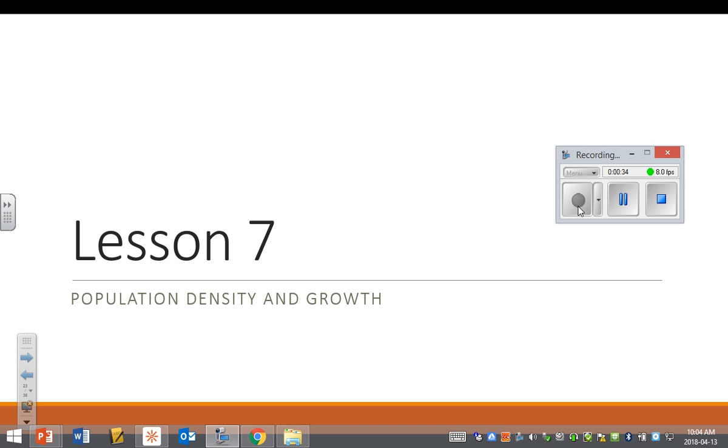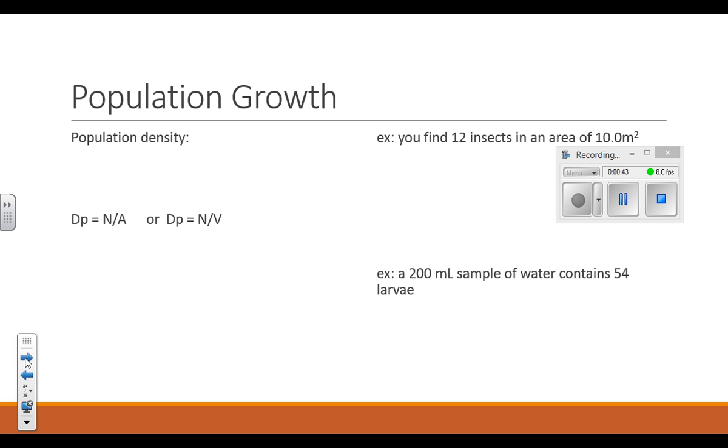So we're going to start our discussion by talking about population density. We might start talking a little bit about growth today, but the focus today will be density. So if I want to know how a population is growing, I have to know what I have in the beginning. And sometimes just a number is not a good indication of whether the population is thriving or not. So instead of just including how many there are, we're going to consider how many there are in a particular